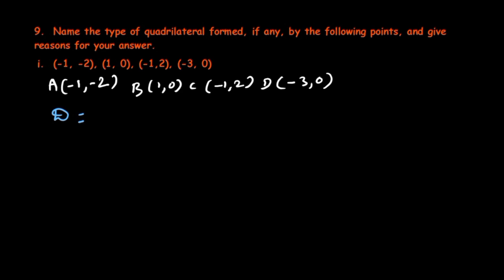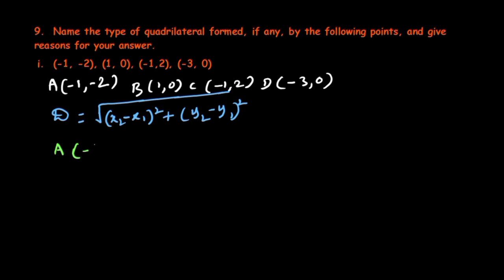Distance formula is root of (x2 minus x1) whole square plus (y2 minus y1) whole square. Okay, so A is (-1, -2) and B is (1, 0). So this is x1, y1, x2, y2. So AB equal to